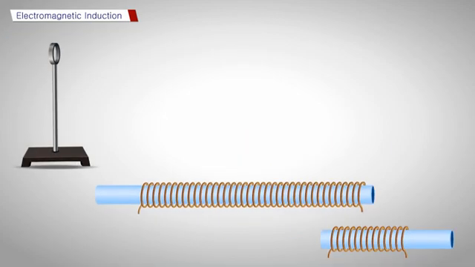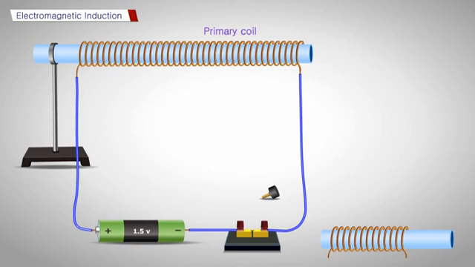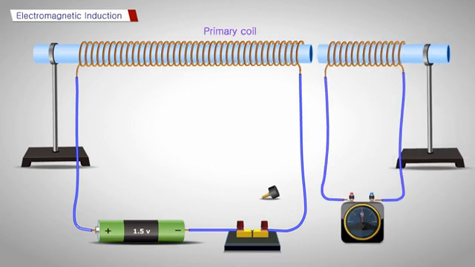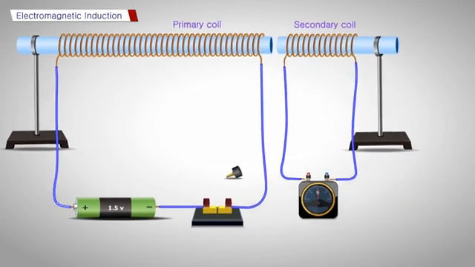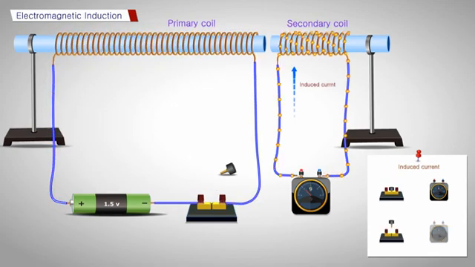Let us study electromagnetic induction with the help of a current-carrying coil. We have taken two coils of copper wire with a large number of turns placed on a non-conducting roll. One of the coils, with the largest number of turns, is called the primary coil, which is connected to a power supply, and the other coil is only connected to a galvanometer. It is called the secondary coil. Insert the plug key and observe the galvanometer for deflection. There is a momentary current in the secondary coil.